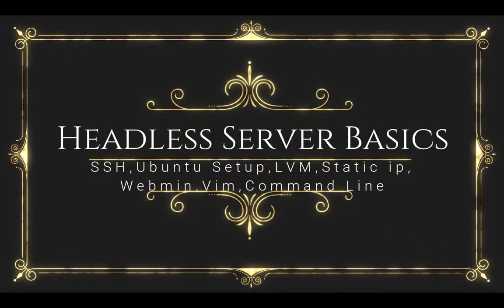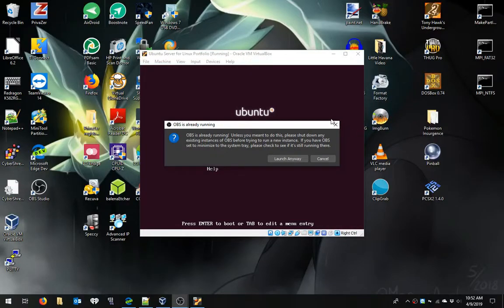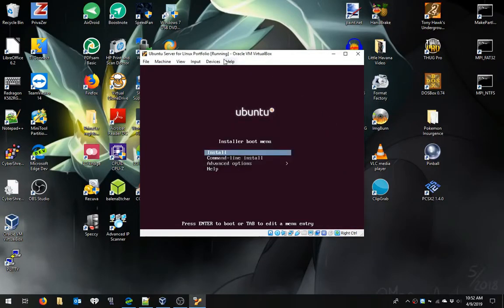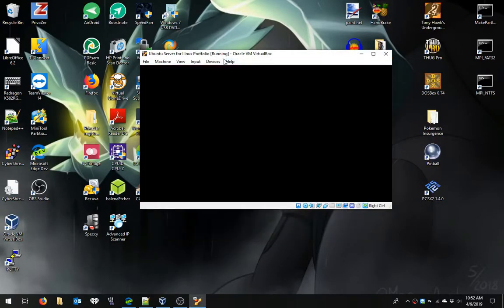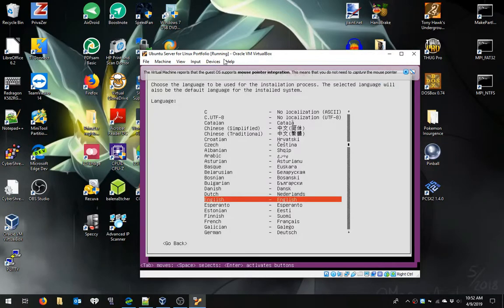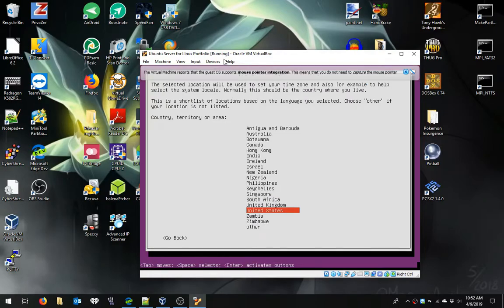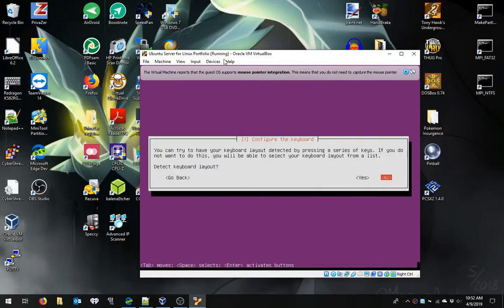This is Michael Rizzo. In our first adventure in Linux, we're going to be setting up a basic headless server. We're going to be doing Ubuntu, but these basic steps will also work for CentOS, and that's really about it for that. So our first step is we're going to boot off of our ISO,